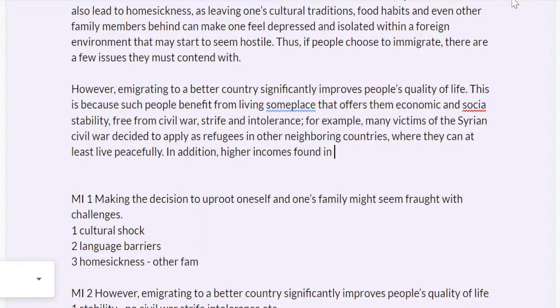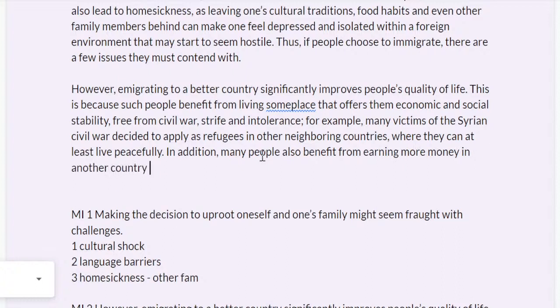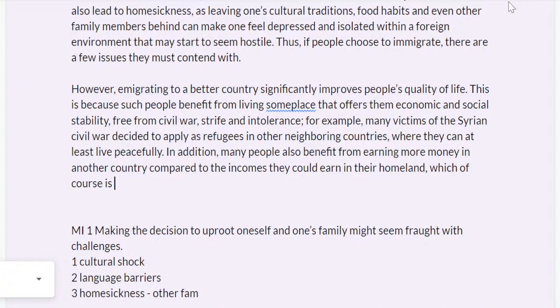Higher incomes. In addition, many people also benefit from earning more money in a developed country. Many people also benefit from earning more money in another country compared to the incomes they could earn in their homeland, which of course is great. That only benefits your family if you earn more money, right? So